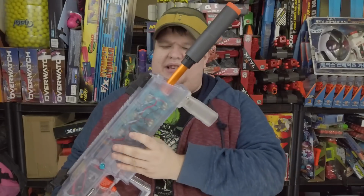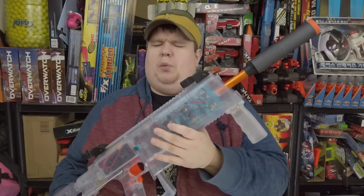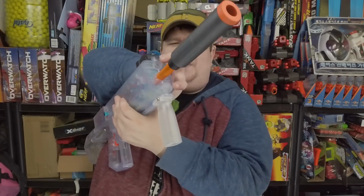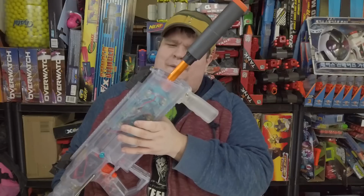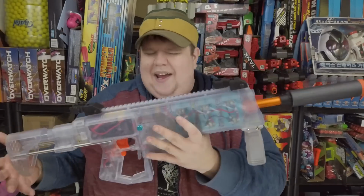I'm sure they had a reason. Maybe they didn't want you to stick a barrel attachment on here and just have a gap right here and wonder why none of your darts were coming out of it. But yeah, it's got these two removable pieces up front, which I'm guessing are for a laser sight and a flashlight. I honestly, just like with the